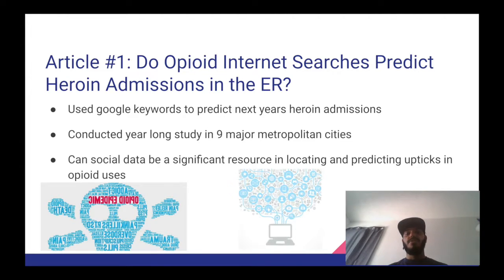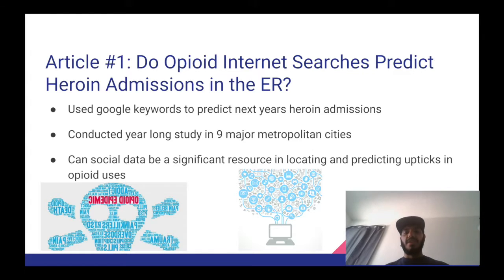across 9 different metropolitan areas to see if they could predict heroin-related admissions into emergency departments using opioid-related internet searches. Using Google Trends, they were able to amass a large amount of real-time data for specific keywords entered into the search bar. They found a strong correlation between specific words such as methadone and brown sugar and an increase in heroin-related admissions. They saw the same correlation in the opposite direction, as cities with lower opioid search volume had less